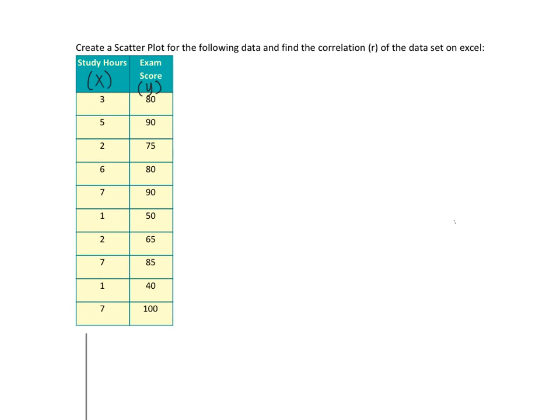Back to Stat, Calc, and then 4. And in doing so, we're going to get R equals 0.85478, which if we're rounding to 3 decimal places becomes